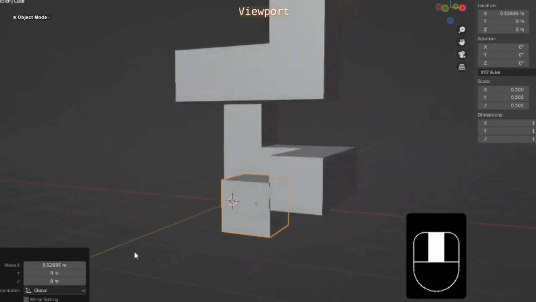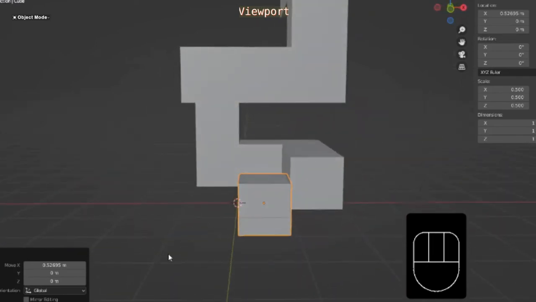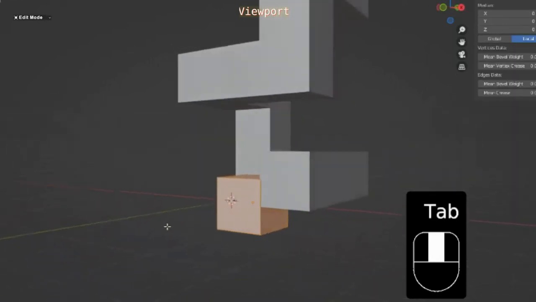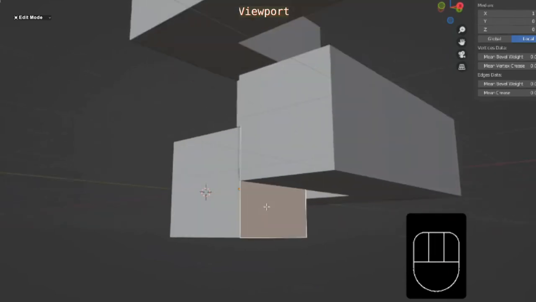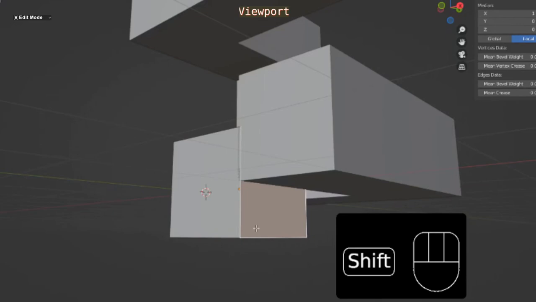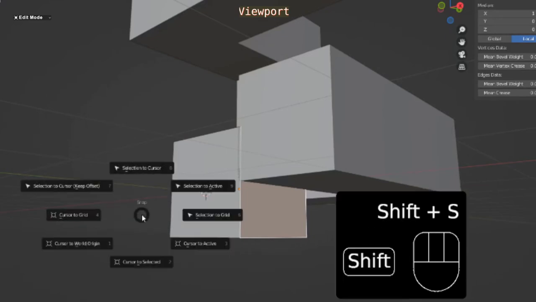But I've just noticed I've forgotten to change the origin of the object. The origin is the little yellow dot, and I want it to be on this face. So I'm in edit mode and I select that face with the face tool, and then